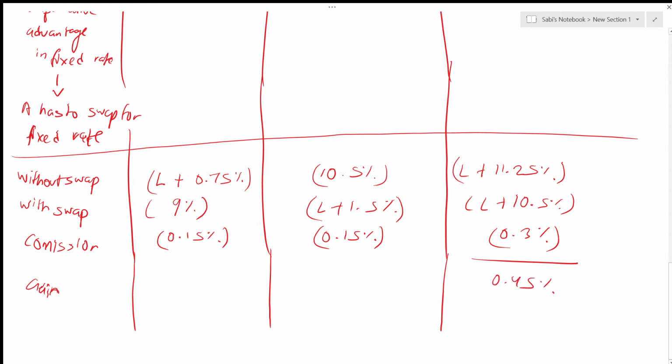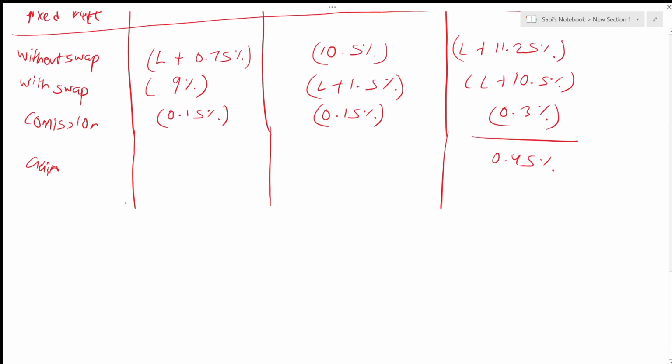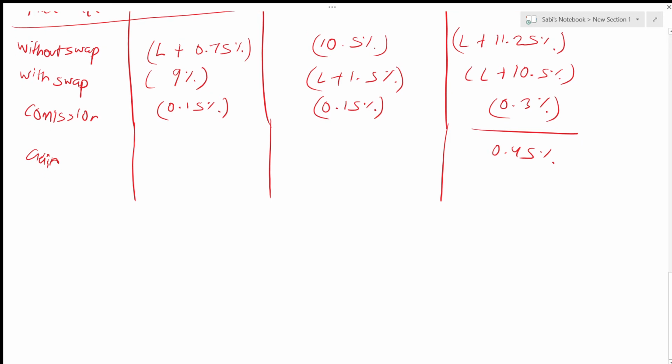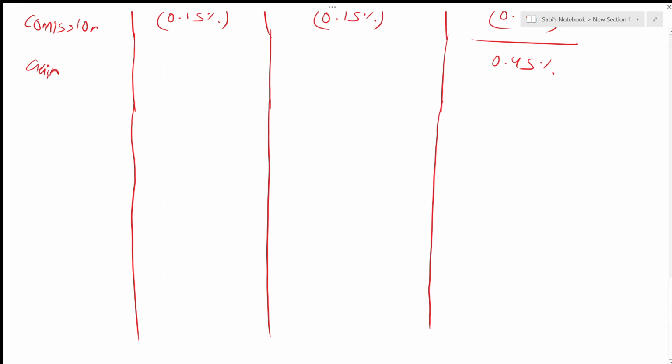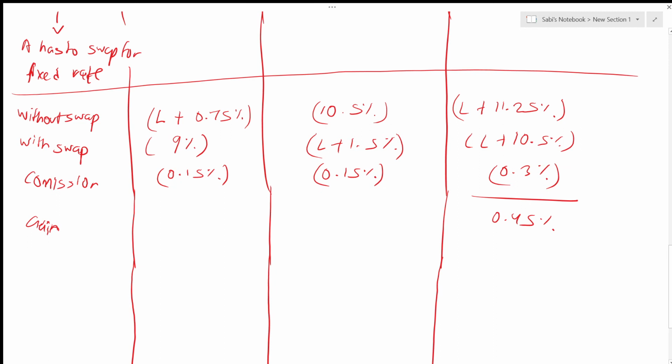And this gain needs to be divided equally. So it will be 0.225%, 0.225%. Now expected outcome, everything else remains the same,